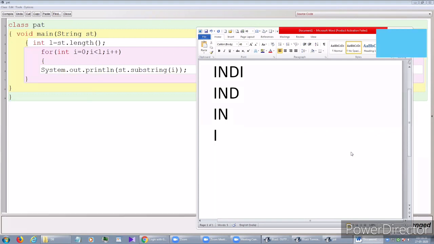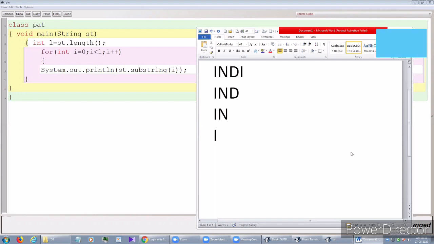Roshan, can you explain? Sir, yes, hello. Sir, we can write I comma L minus 1 in the substring part. Who is there? Akash. Yes, sir, I comma L minus 1 will work.